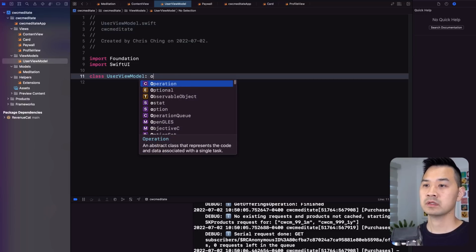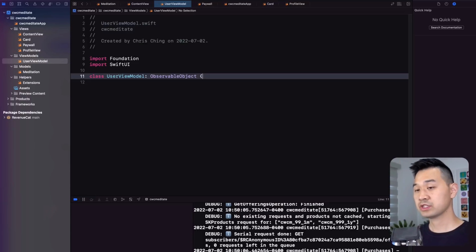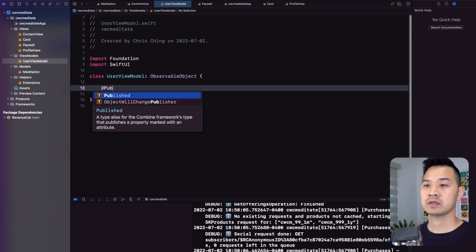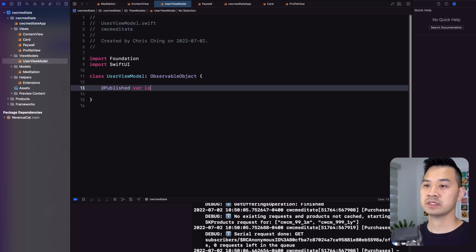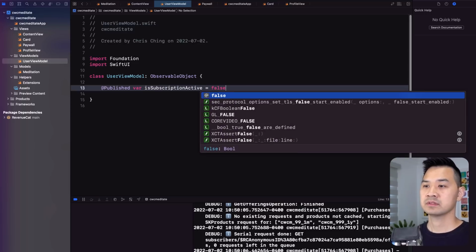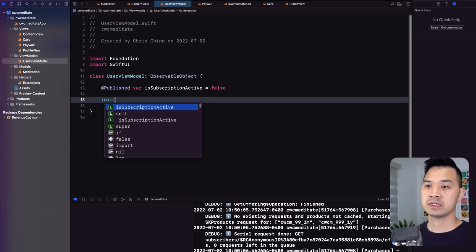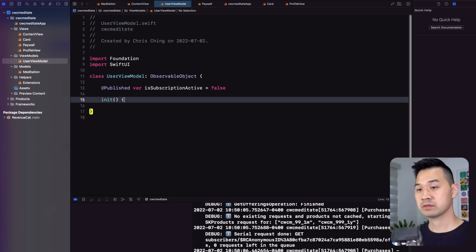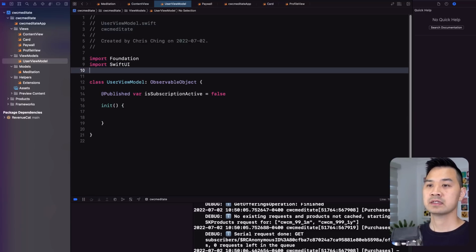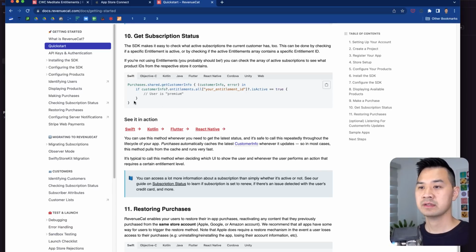It's going to be an observable object with a published property called isSubscription active. So we'll set it to false, and I basically want, when this is initialized, I want to call this method,